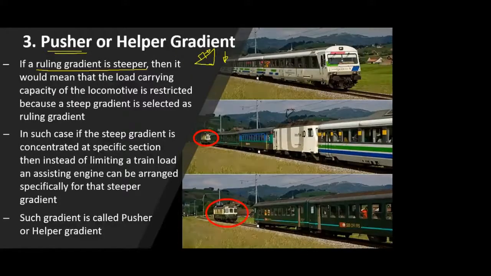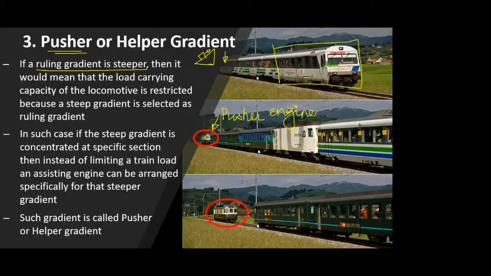So if you can see on the right hand side, this is the train, this is the main engine of this train, and now it is on a flat surface, but it has traversed a steeper gradient. So at the end of this, you can see it is circled in the second picture, the one I have circled in red. So that is a second engine, or the pusher engine, that was attached to this train so that it will traverse the steep gradient. So this is the pusher engine. Okay, a closer look you can see here.